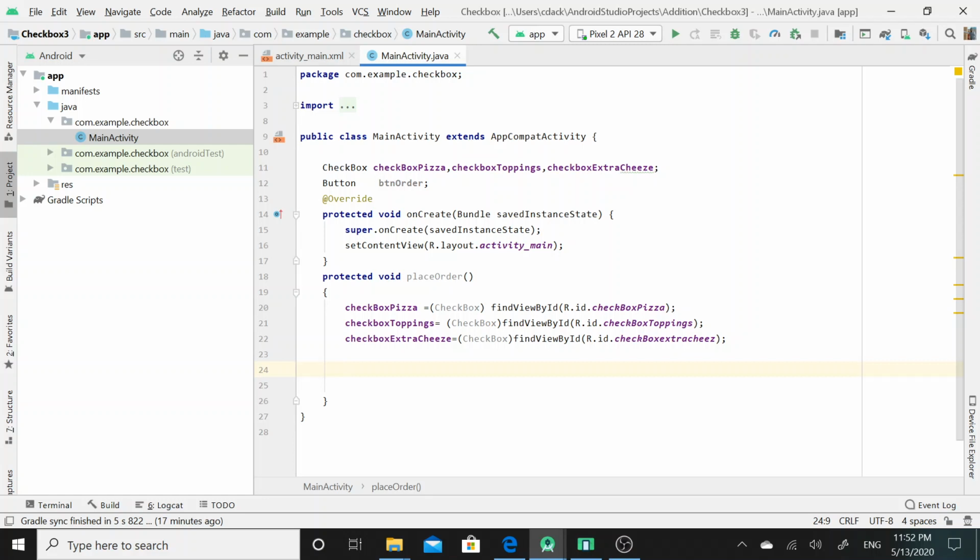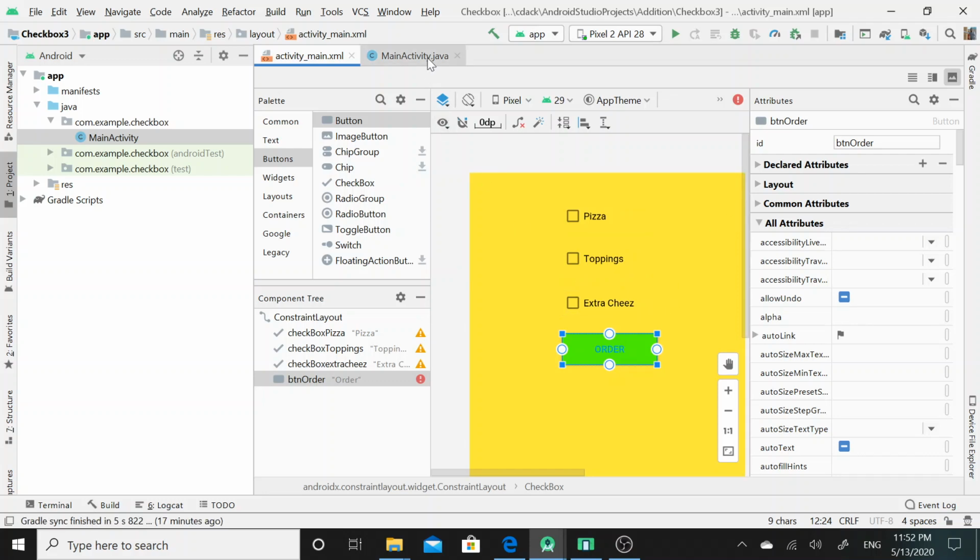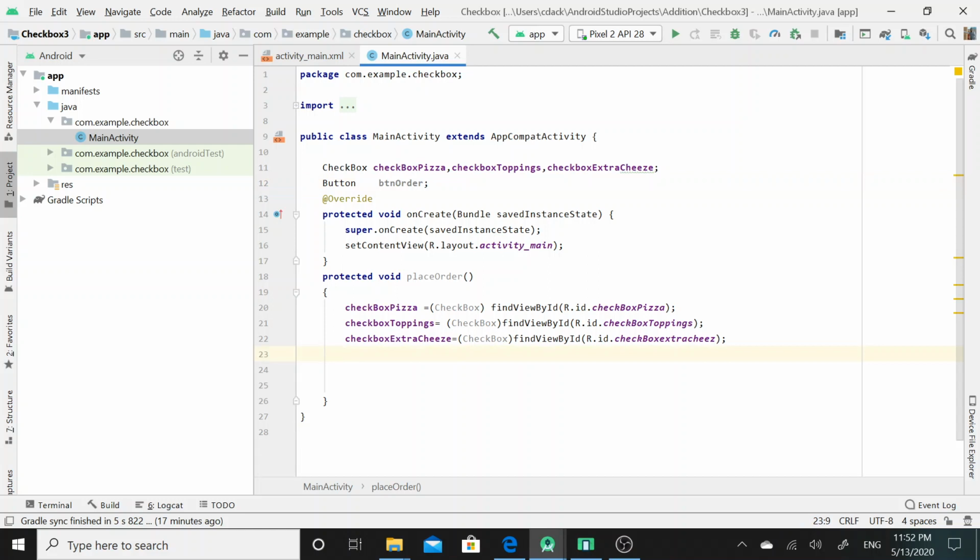Then I have to perform a similar operation with the btn order reference of the Button class. Here I have dragged and dropped this button UI widget, and I had set btn order as the ID for this button UI widget. So I will again here call the btn order reference of the Button class. Again within parentheses I will call the Button class to implement the typecasting methodology.